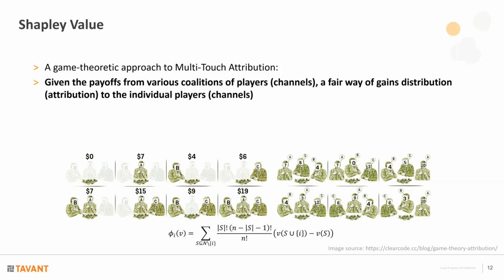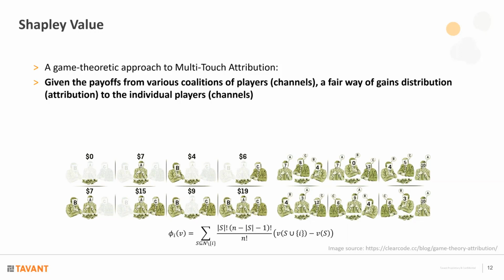Now, the team itself could have been formed by various permutations, because we're considering adding a player at a time. So the sequence in which the players could have been added to the team could be various permutations, and therefore the value of the new player added into the team is averaged over all the possible permutations of the way the team was formed before this new player was added. That is the key idea behind Shapley values.